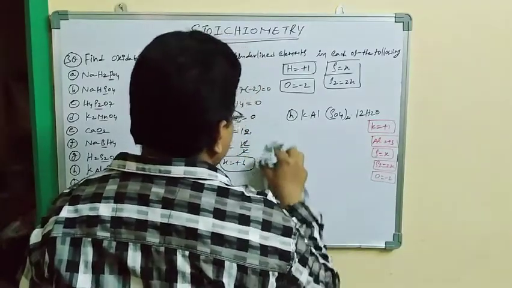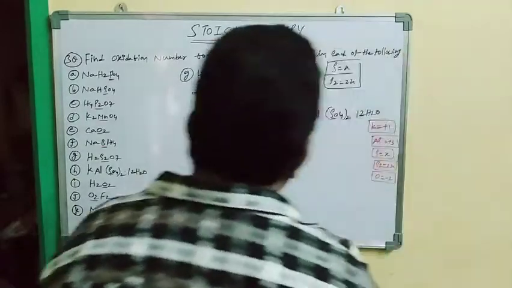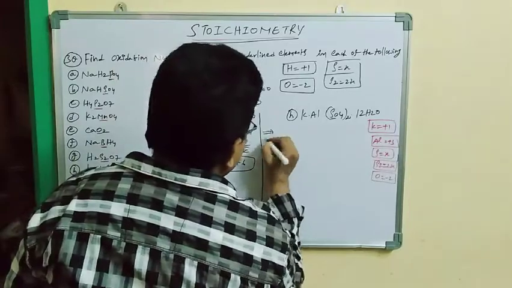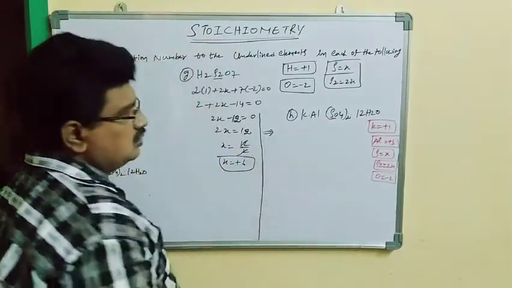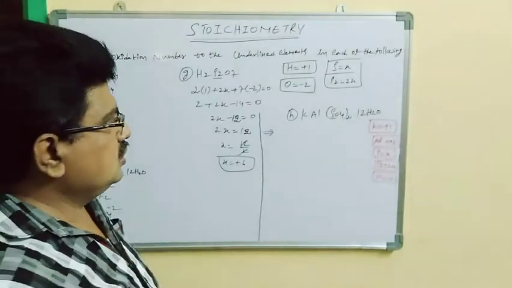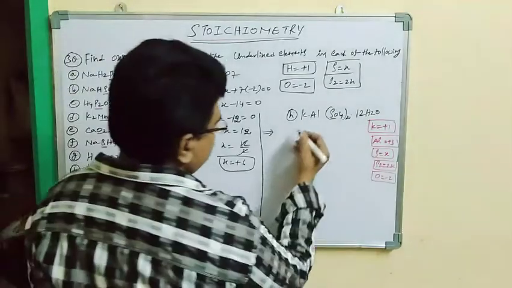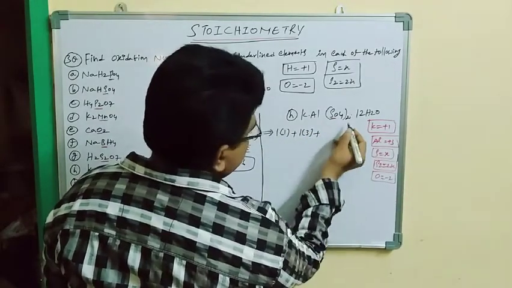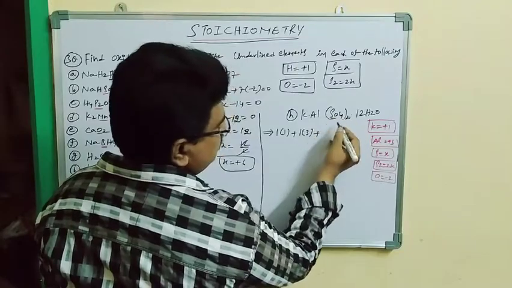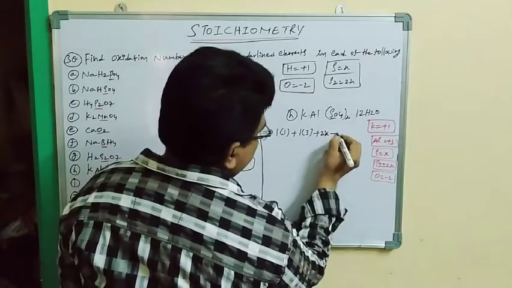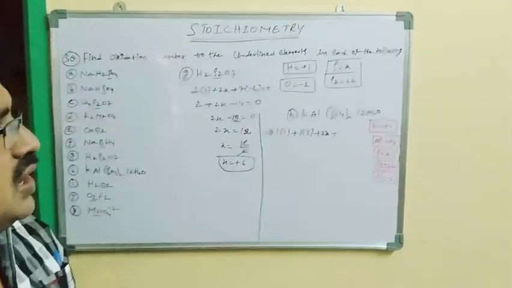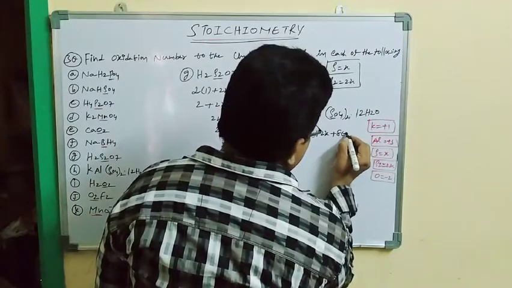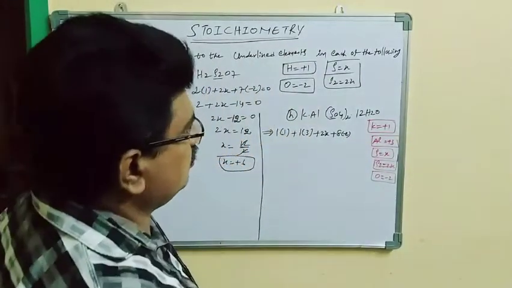Not having sufficient place, that's why I am doing calculation from here onwards. So how many potassiums are there? 1 plus 1 into 3, plus these two multiply 2x, means we have to take 2x, plus how many oxygens we will get? We got here 8 oxygens. 8 into -2, 8 into -2.